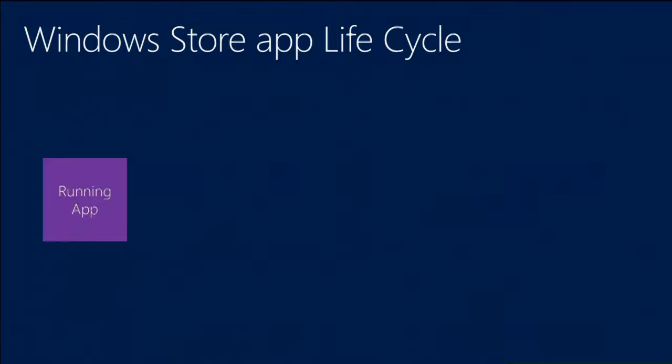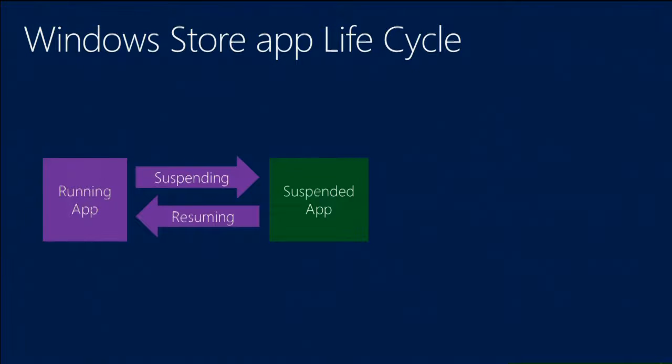But your app is up and running, and it's on the screen. And as we've seen in 8.1, things have changed a little bit. But for 8, you can have a maximum of 2 apps running on the screen at any given time, the snap view and the full view. But then what happens is the user's using your app, and they switch to another app. And Windows 8, in order to save battery life, will then suspend your app. Now, by suspending it, it leaves it in memory, and it doesn't change any of that, but it basically pulls it out of the executing pool, which means that your app is no longer working, it's no longer running. Now, as an app developer, there's a good chance that this is where your problems will start,